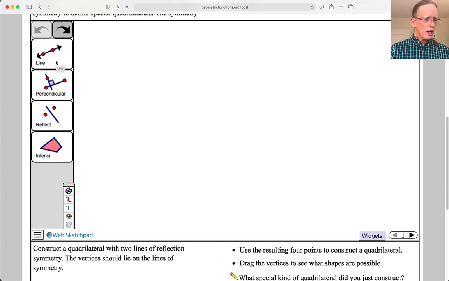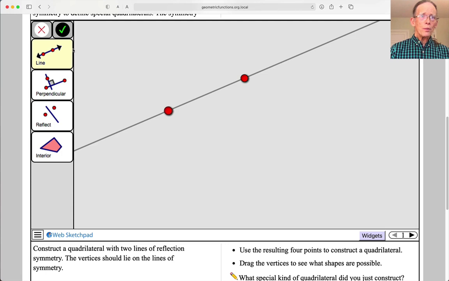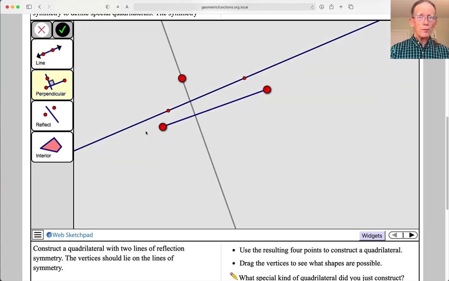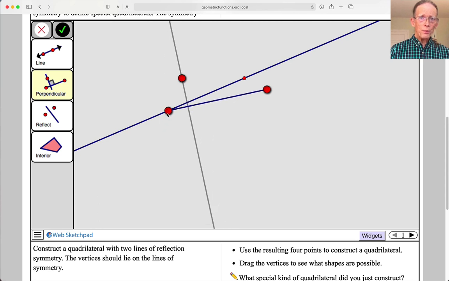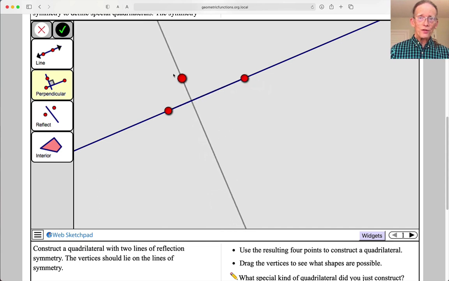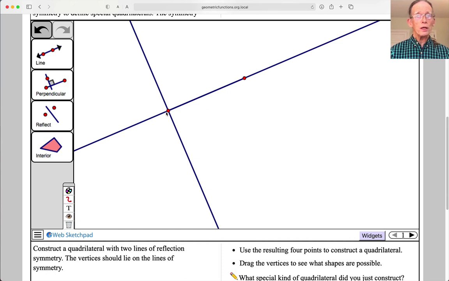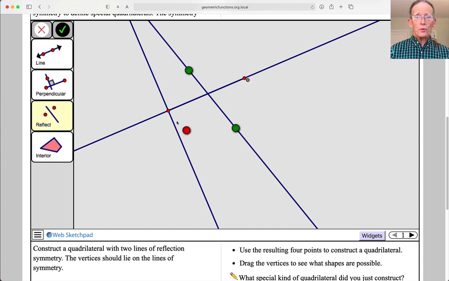Welcome back. I'll do a quick run through of one possible construction for page 1. Begin with a line and a perpendicular to the line, and I'll drag the endpoints of the given segment to match the points that define the line, and also to put the perpendicular so I don't have extra points lying around. And I'll now reflect